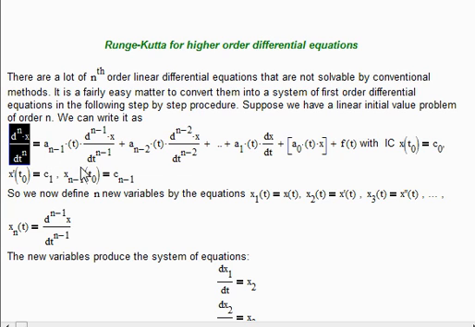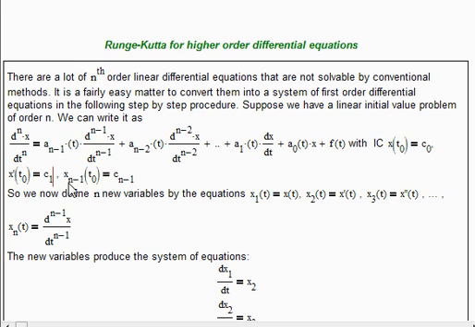The nth derivative of x with respect to t is some function of t times the n minus first derivative plus another function of t times the n minus second derivative, all the way down to a function of t times the first derivative plus a function of t times the function itself, plus some other function f of t, with initial condition